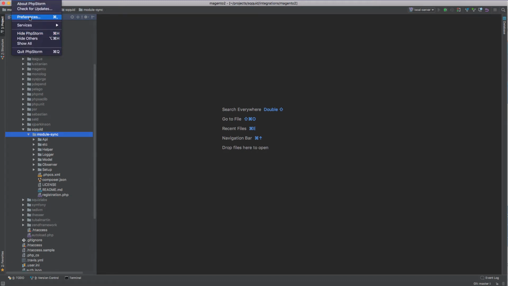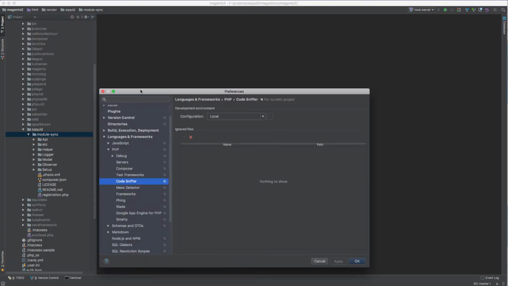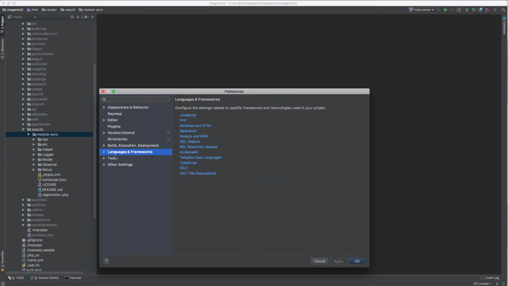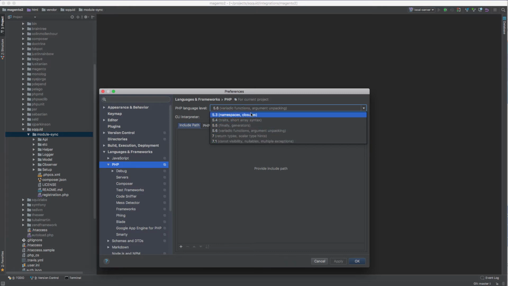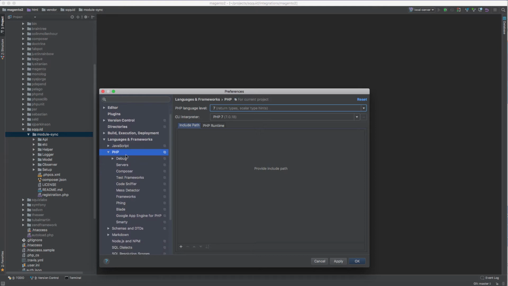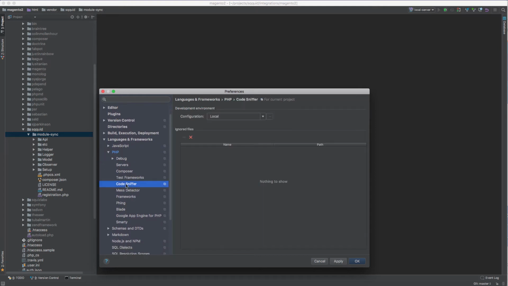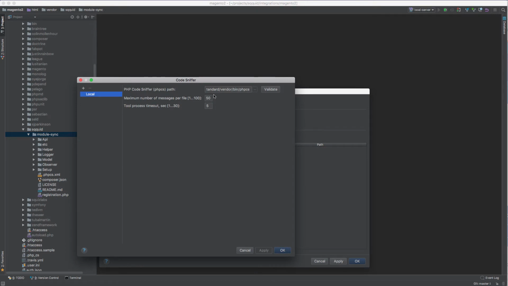So to start, we go to Preferences. What you want to do is you want to go to Languages and Frameworks, PHP, and then by the way, you want to make sure that you're using the right languages here. So this was not set up correctly for me, I just fixed it. And then you want to go to Code Sniffer. And Code Sniffer, what you want to do is you want to set the configuration for the Code Sniffer. So edit,